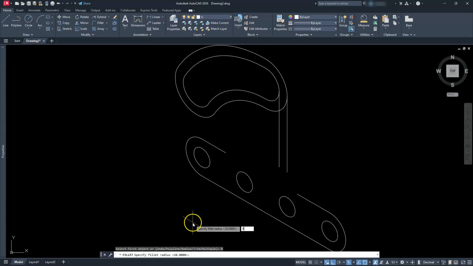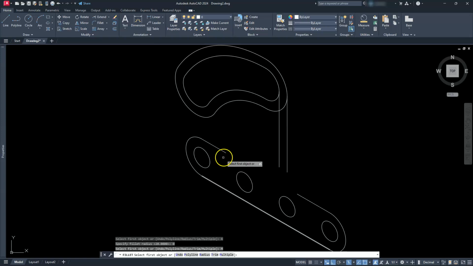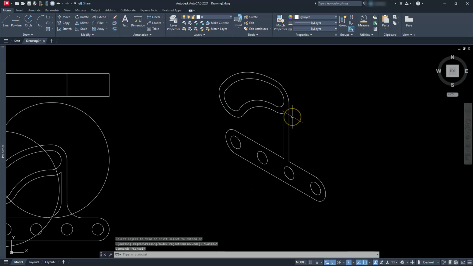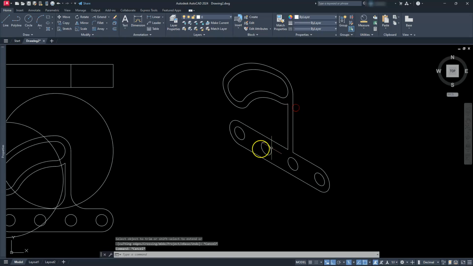Set that radius equal to 0. Enter. Then choose multiple. And what that's going to allow me to do is select that line and go to here. Then this one and go back to here. Okay. Let's go ahead and do a little trimming. So TR, enter. Go ahead and trim that part out there and between there. Okay. So this looks almost exactly like our 2D drawing, and I know I'm missing the fillets here, but I'll